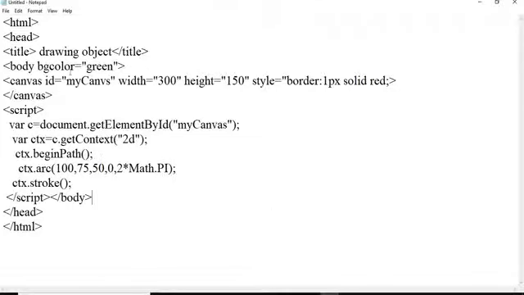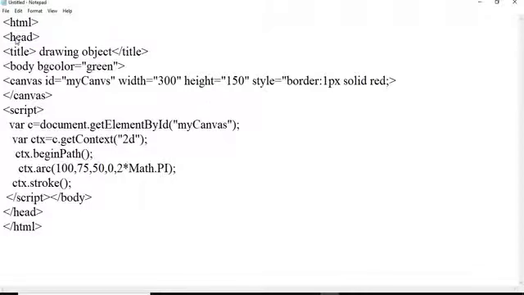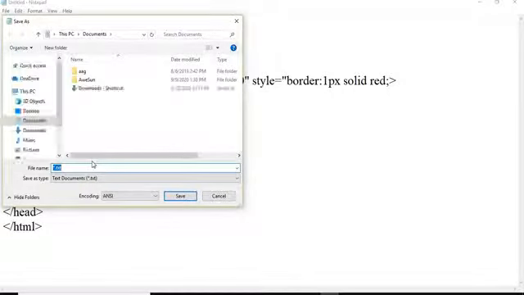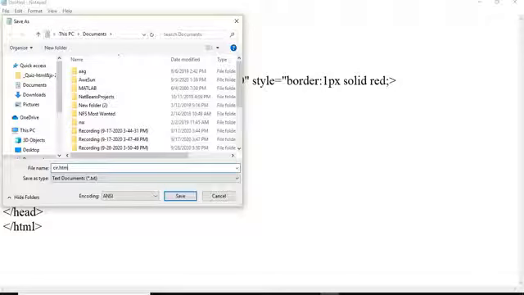So let's see whether we are able to draw some object or not. So I will give the name as circle.html.